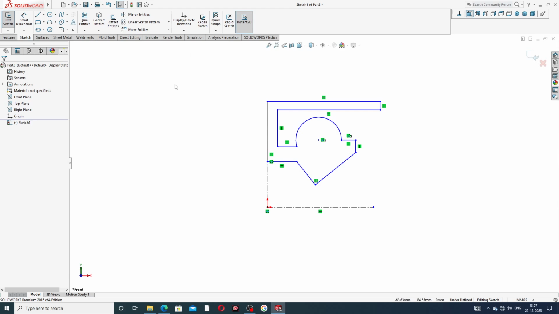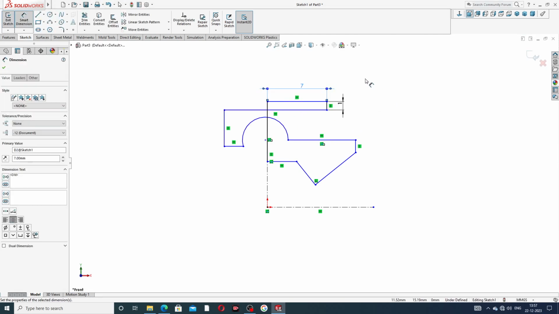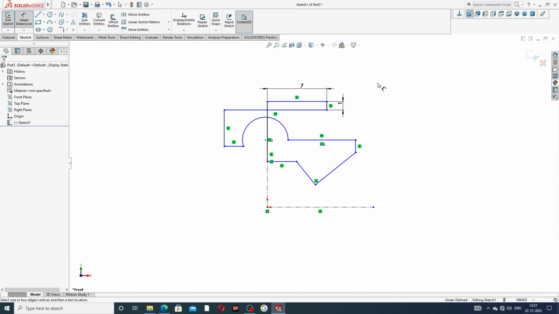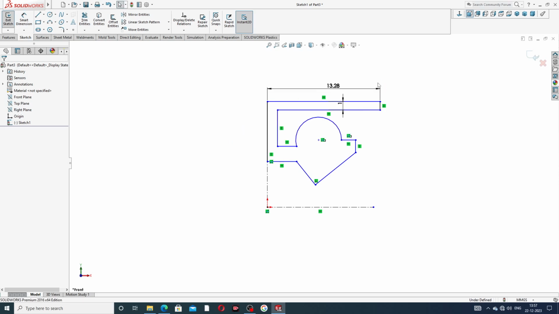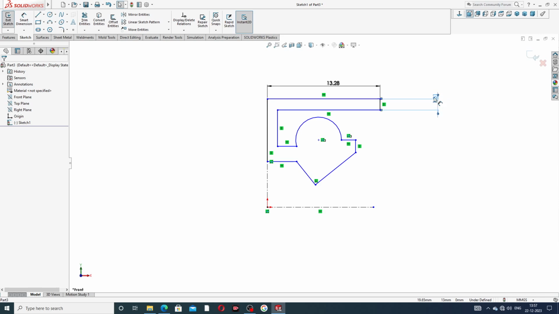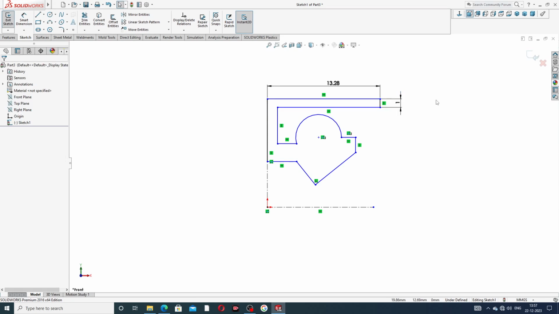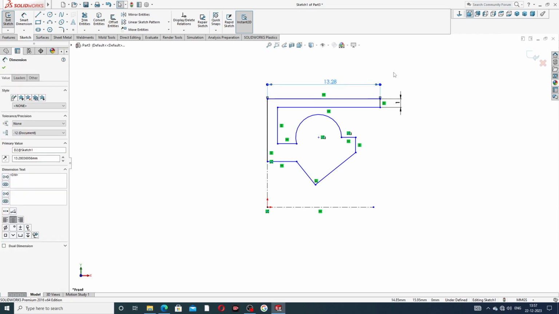Okay, and at first select this dimension, 1 millimeter, and this is 7 millimeter. Okay, this is perfect and correct, and edit, and this is 1 millimeter. Okay, and use a 1 millimeter, and use this,